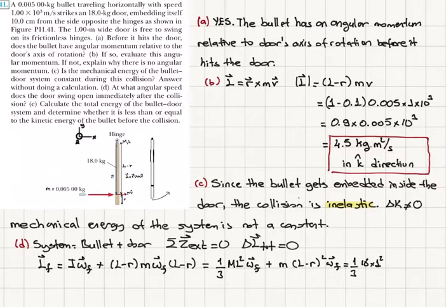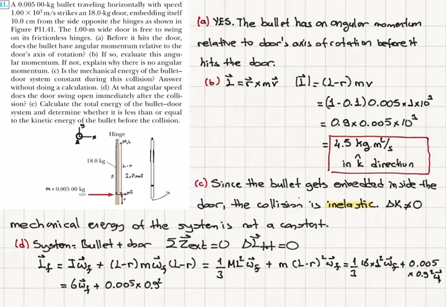If I plug in the numbers, this will be 1/3 the mass of the door, which is 18 kilograms, times 1 squared, that's the length of the door, times omega final, plus a mass of the bullet 0.005 kilograms times 0.9 meters squared times omega final. Alright, so the final angular momentum here is 18 divided by 3, it is 6 omega final